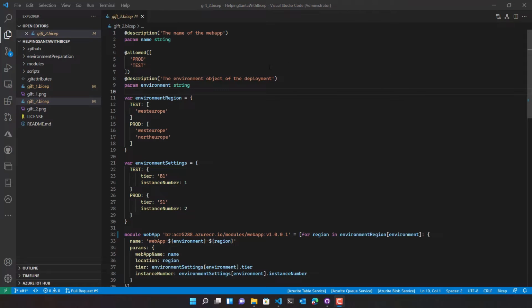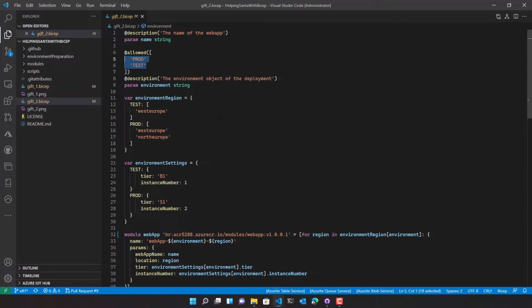Here you can see the Bicep file where we have a couple of parameters that must be passed to the Bicep file, like the name of the web application, and then we have a parameter environment that accepts test and prod values.